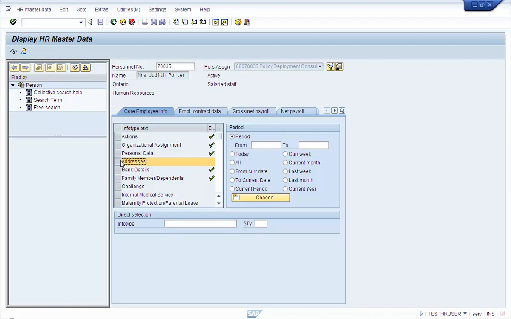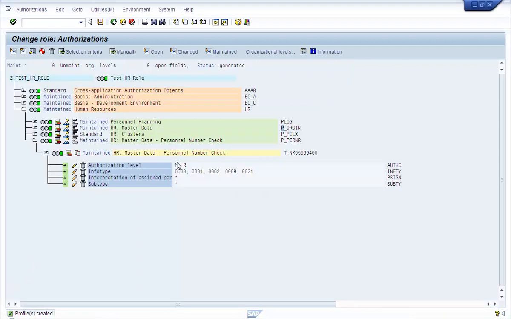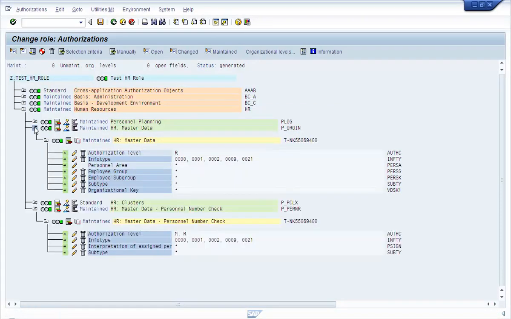So when he selects the info type and says display, the user will end up getting no read authorizations for addresses.